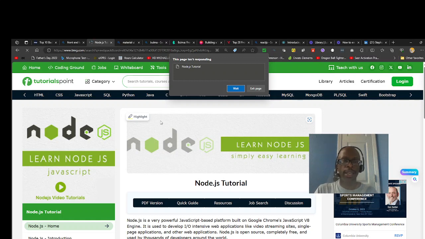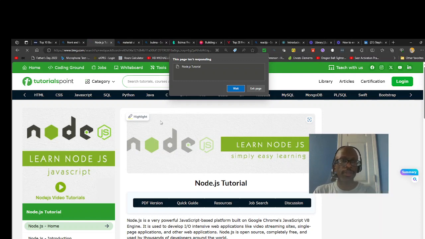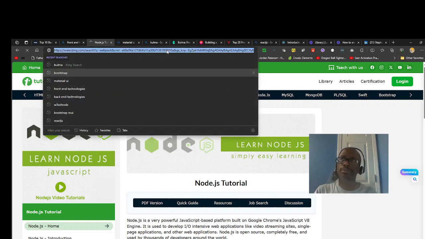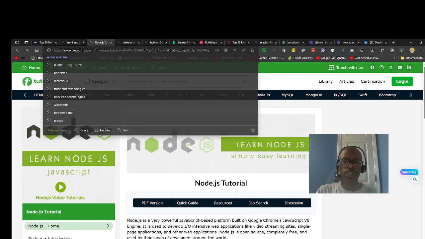But with Node.js, if you use it as a front end, you will need to use Webpack. And then you can go from there, and also look for other JavaScript technology